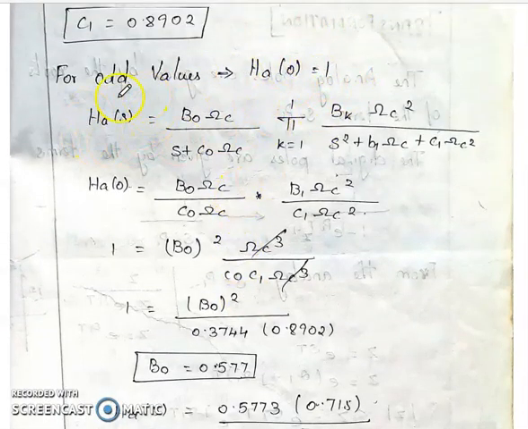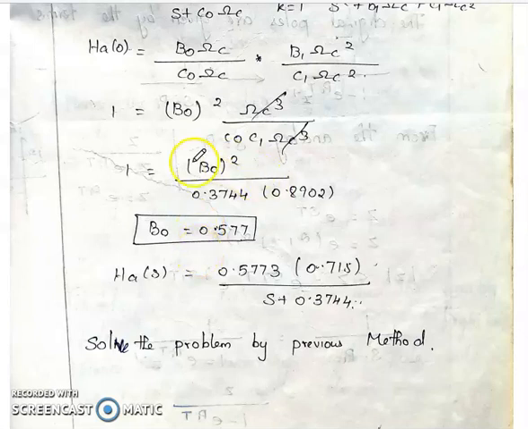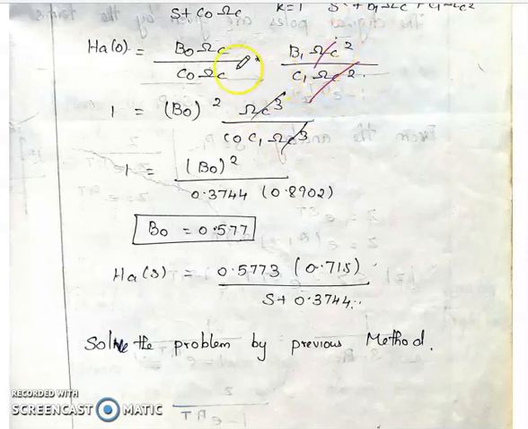So in Laplace transformation we consider hi of 0. So this entire value is equal to 1. So from those calculations you have to calculate the value of b naught. Here, by considering 1, we get the value of b naught. So the remaining will be cancelled. So here b naught, b1 value we know, c1 value also we know, and c naught value is equal to the yn value. So substituting that term and cancelling the remaining terms, we get the solution of b naught.